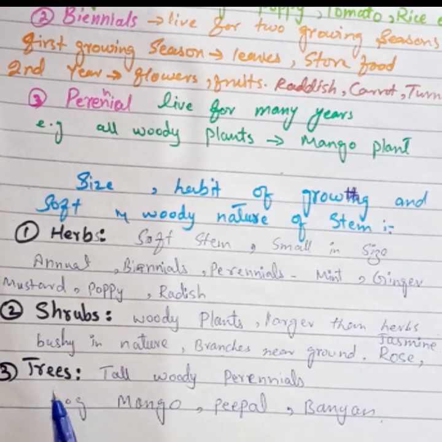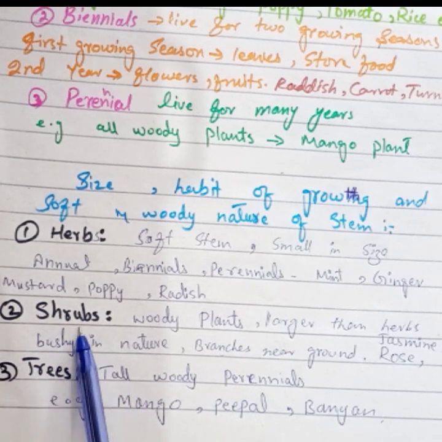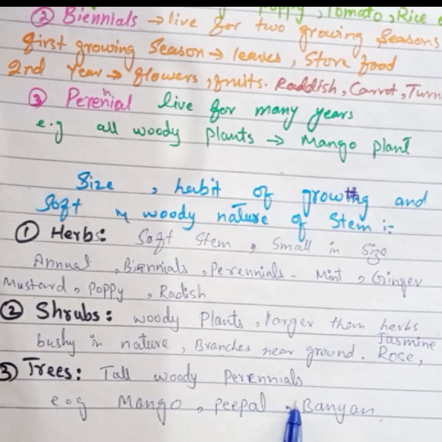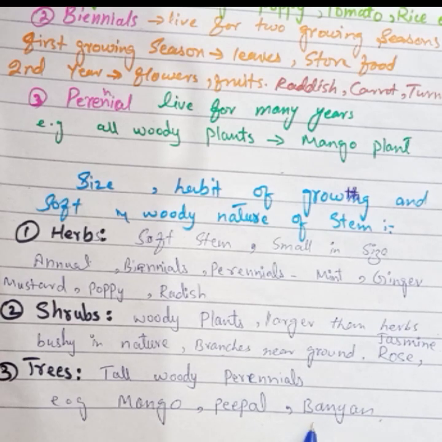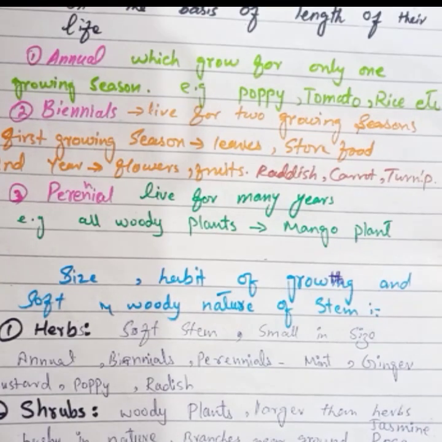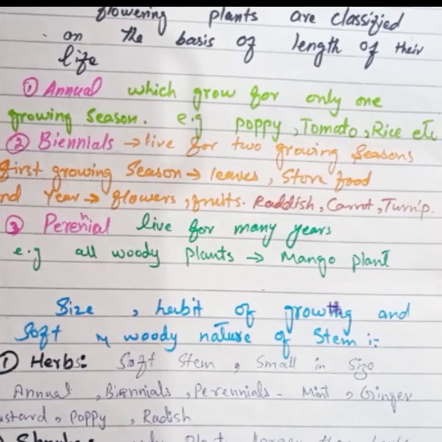Coming towards the last type of the flowering plants based on the size, habit of growth, and soft and woody stem. The last one is trees. Trees are what? Taller. These are the tallest as compared to shrubs and herbs. Tall woody perennial plants are included in trees. Okay, and they will have main trunk from which branches will arise. For example, you can consider a mango tree, a peepal tree, or a banyan tree. Okay, so this was about today's lecture. Hope you will gain something from this lecture and understand